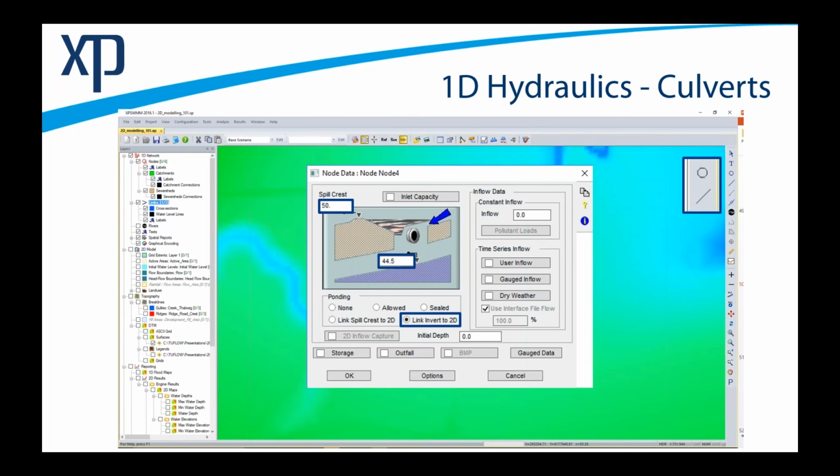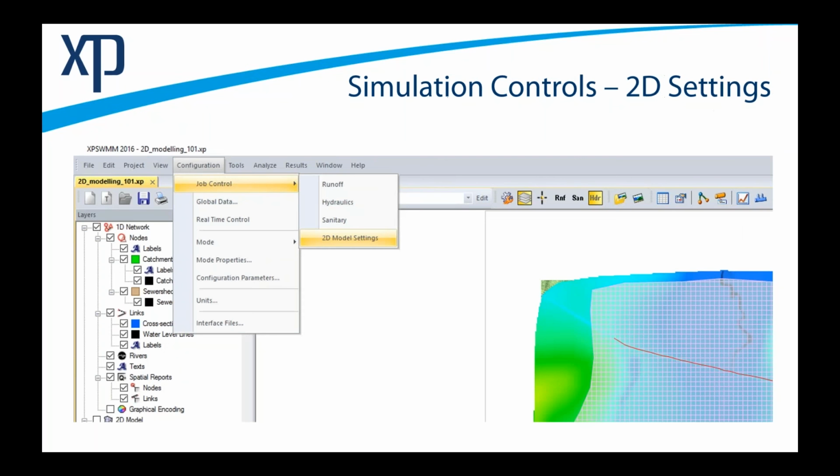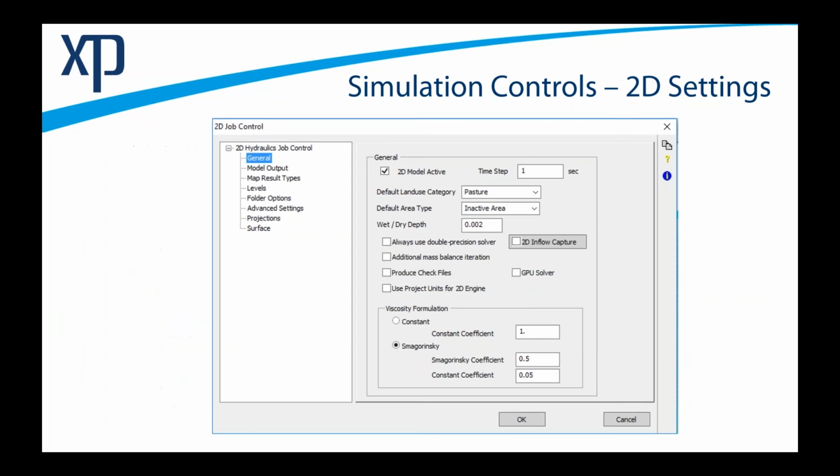Okay, so that's it. That's all the inputs we need. So now it's just a matter of setting our simulation controls. Now I'll rush through this in the interest of time. Most of this is done up in the job control 2D model settings. And you'll see a window such as this. And there's a variety of options on the left with different items such as general, model output, result types, etc. So under the general tab, to get this model working, make sure that our 2D domain is active. So we select that. You can set a time step here, but we've already overwritten that elsewhere in our